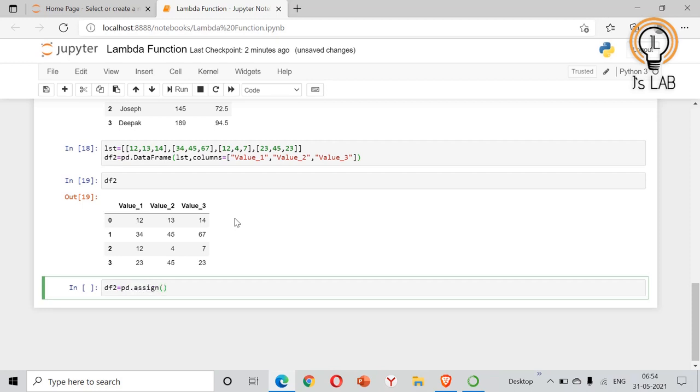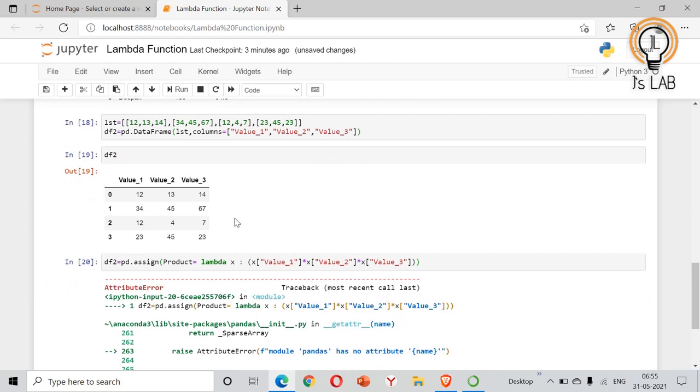We assign a new column called product, which is equal to lambda x, and where the expression is take value 1, multiply with value 2 and multiply with value 3. So this is the lambda function that you have created.